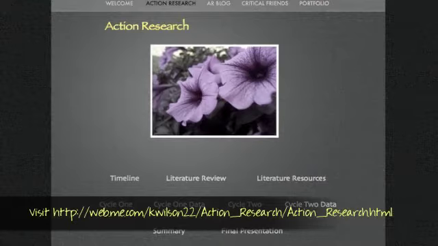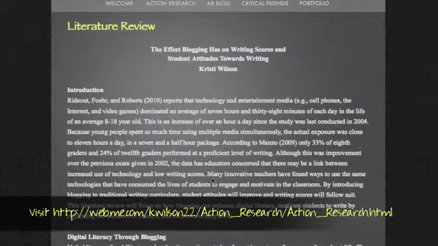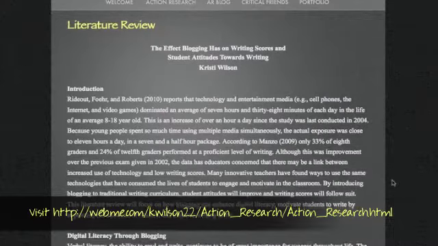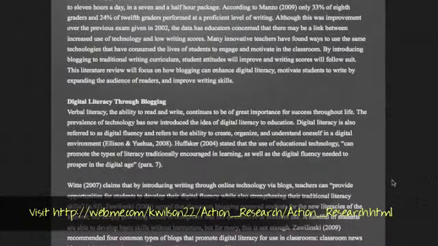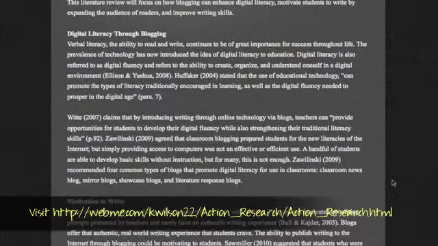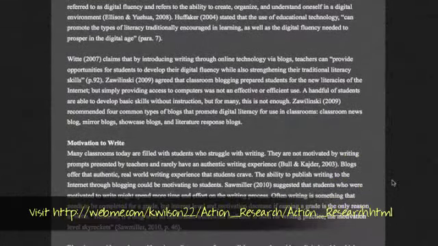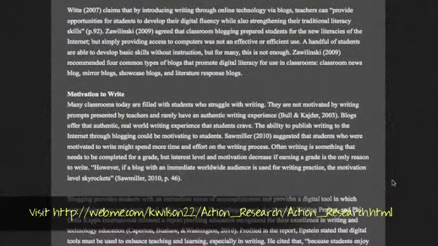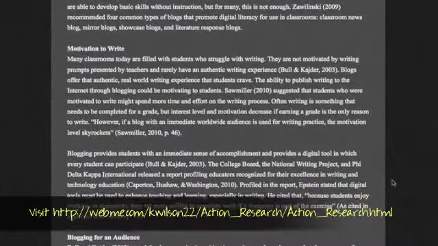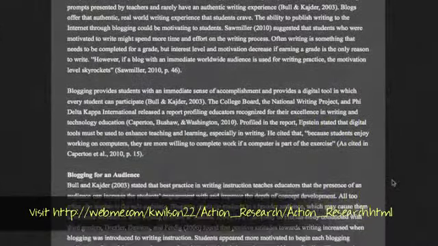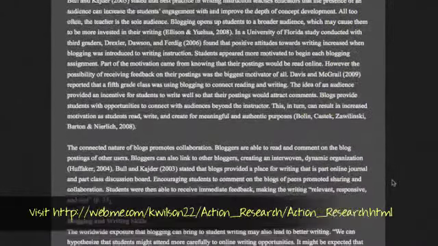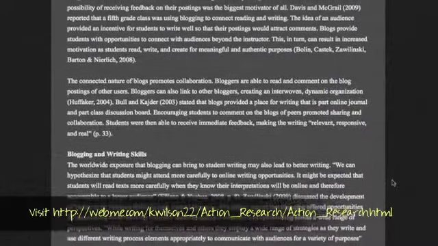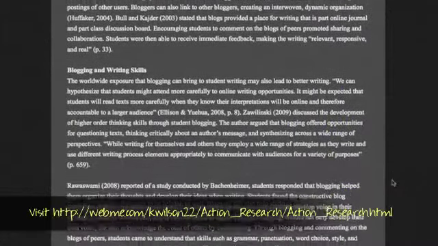The research spoke of the fact that blogging opens up students to a broader audience, which may motivate them to work harder to create better writing. I even found a study conducted by a group from the University of Florida that had 3rd graders blogging with college students. These college students posted feedback to the younger students' blogs, which in turn made the 3rd graders more motivated to write online. Blogging would offer my students something that paper-pencil writing couldn't. It would give them an authentic purpose for writing. Blogging could be a real-world writing experience that wouldn't come from writing an essay.